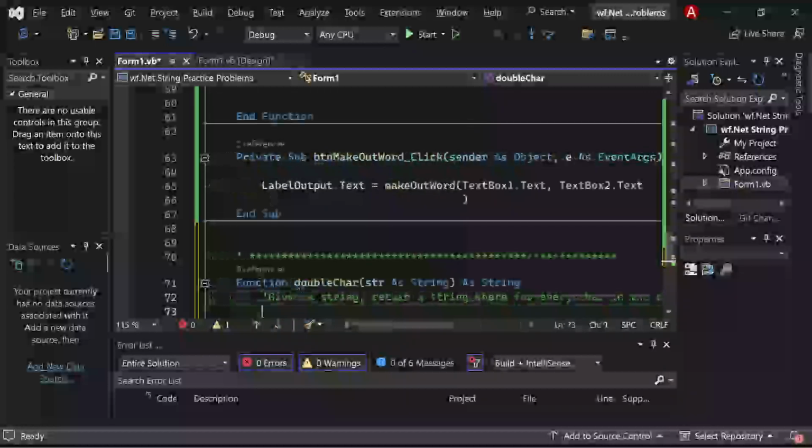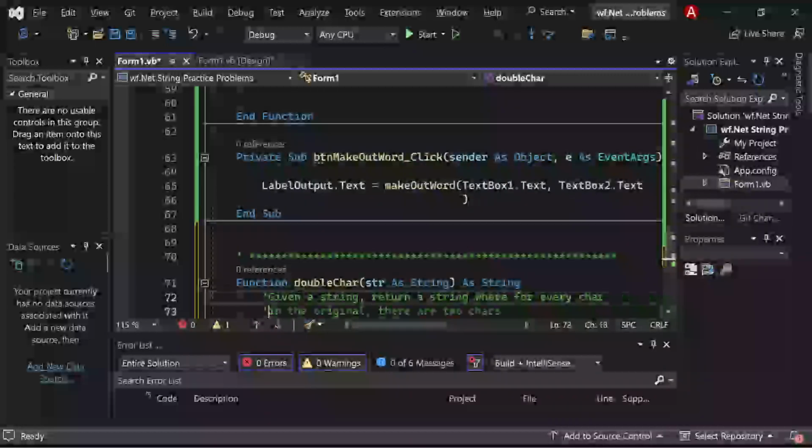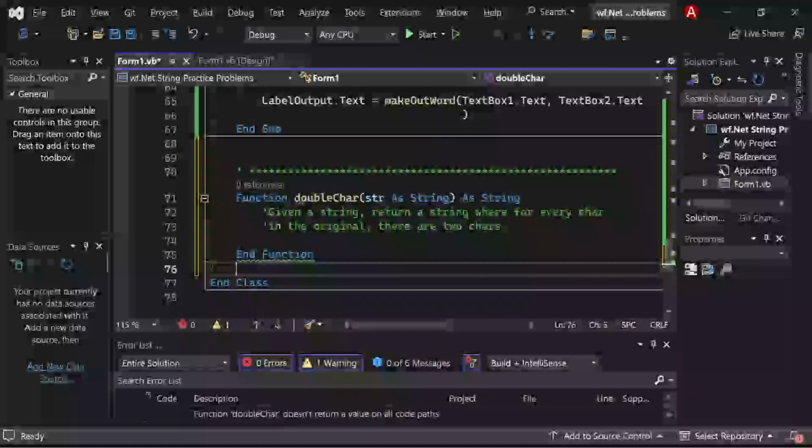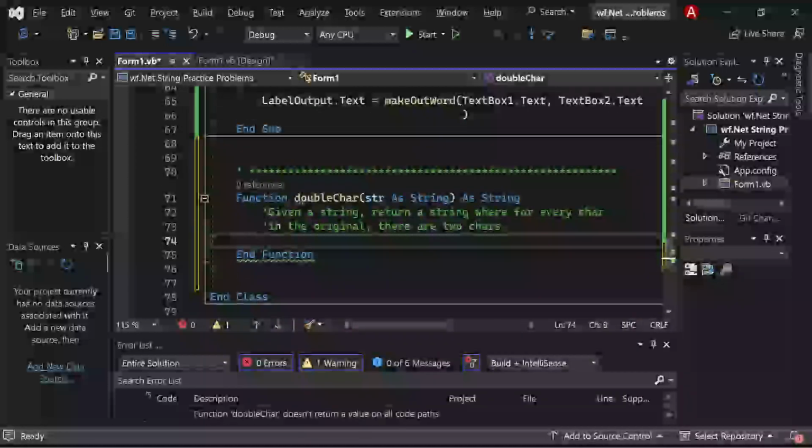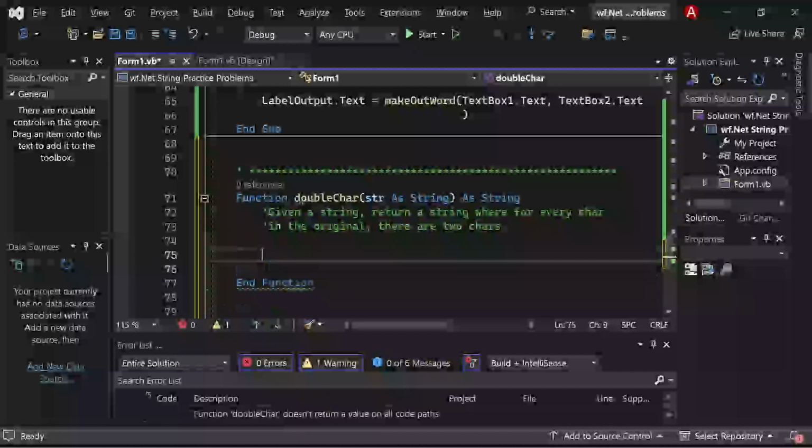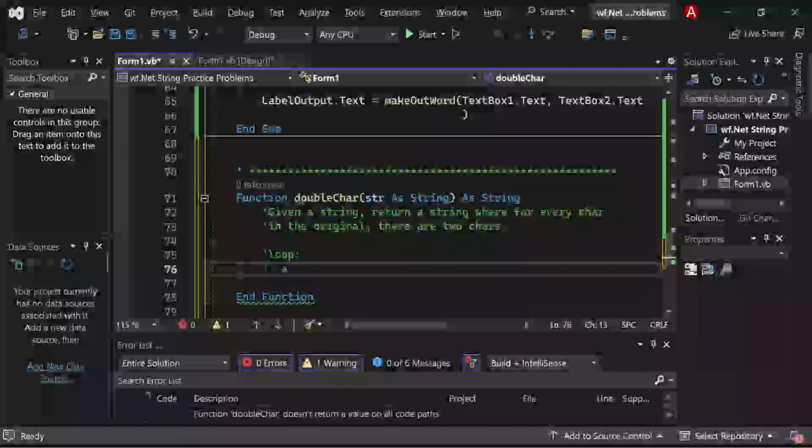Comment, paste the specs, massage them a little bit. Return a string where for every char in the original there are 2 chars. If I have to think about it at all, I'm going to write some pseudocode. So it looks like I'm going to need to loop and look at every character. So I'm going to put loop, and in the loop, basically, add to output string 2 copies, add 2 copies of this char,